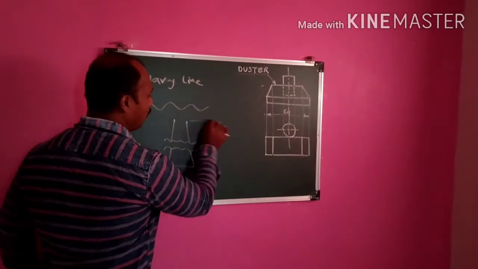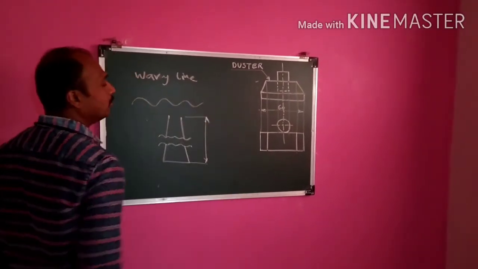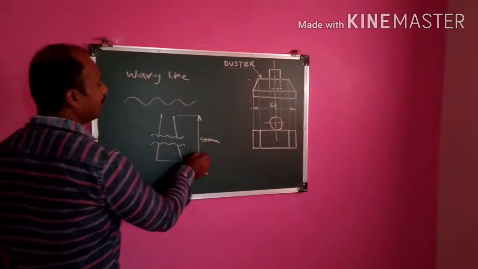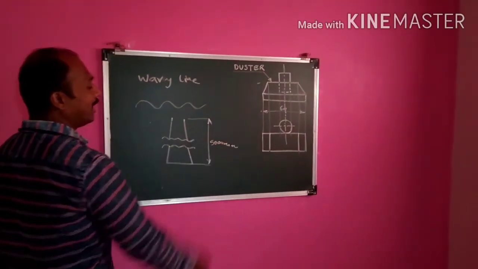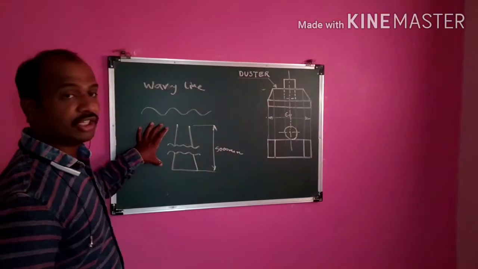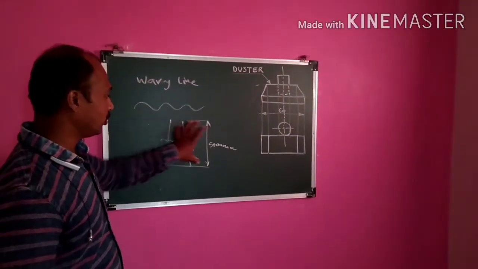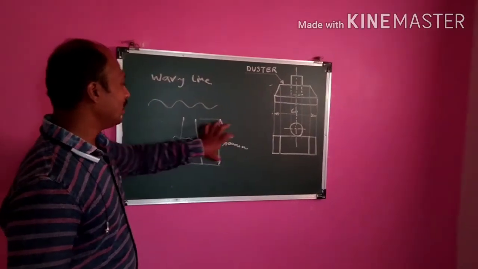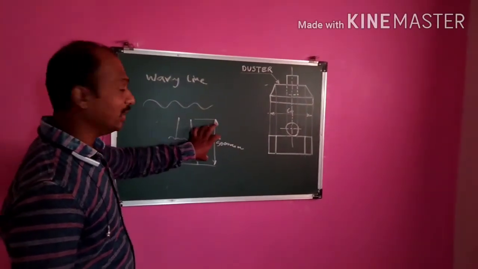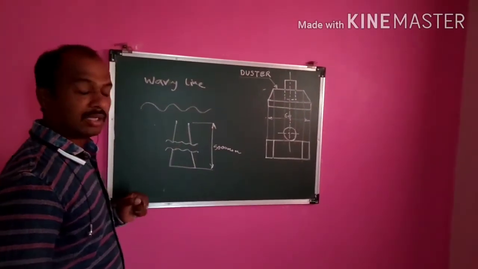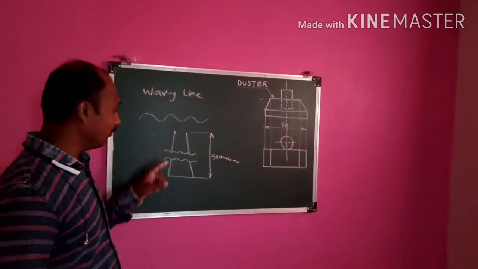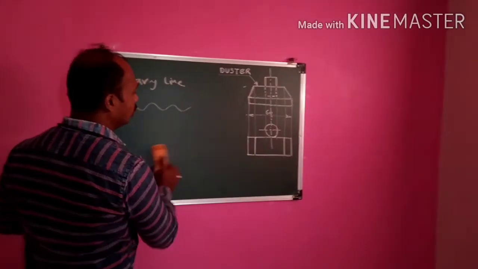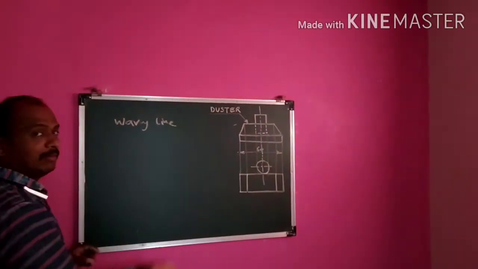And then you can put the entire dimension here. That is, say it is 5000 mm like this. So you can put the entire 5000 mm dimension here. But in the drawing it is not necessary to take the 5000 mm. But why? Because here what we have made is a short break line. So this is the wavy line. This is the use of wavy line. It is used for the short break line purpose.